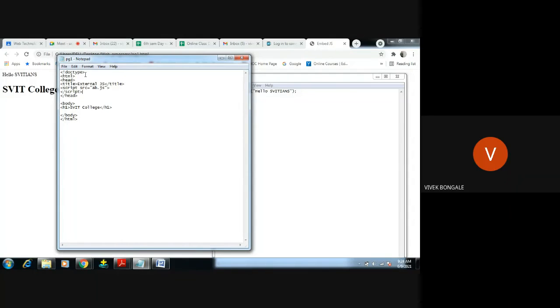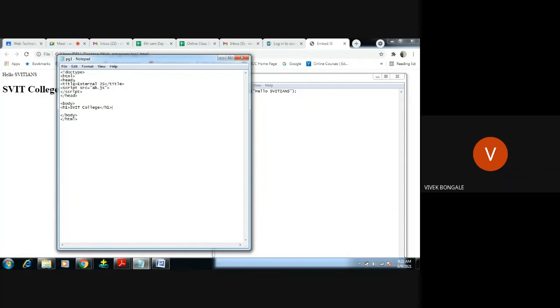These two statements indicate that we have linked the external file to this HTML code. Script and closing of script is the basic tag we use for JS, and src is the external JavaScript we are linking here, that is ab.js, the file name we have given.